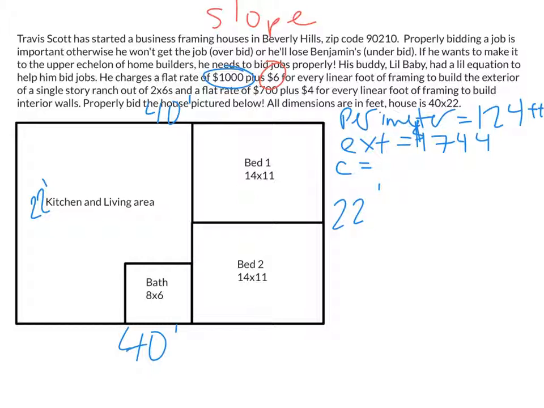And then my rate of change was the 6, and then X would be my linear feet of framing, so 6X, and then plus the flat $1,000 rate. And it's always good to label what these are. I'm going to actually write C of X. You'll see that written in an algebra setting. C of X